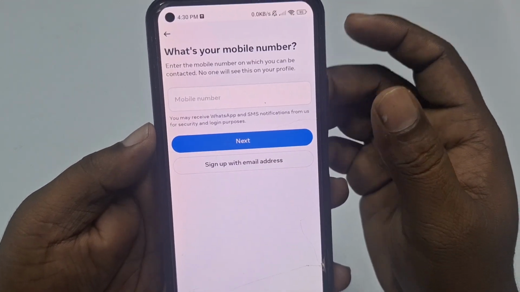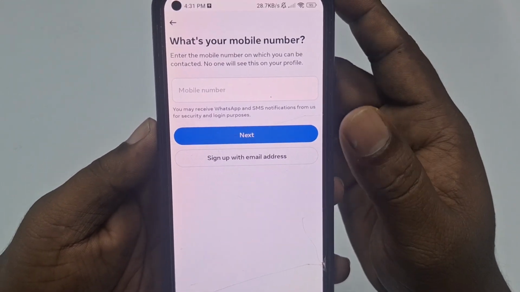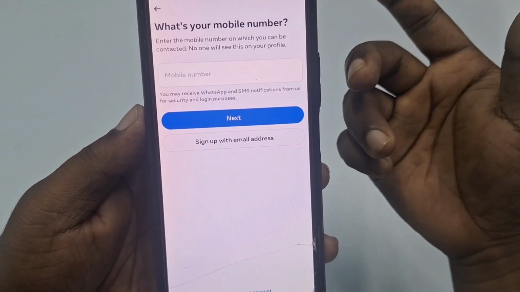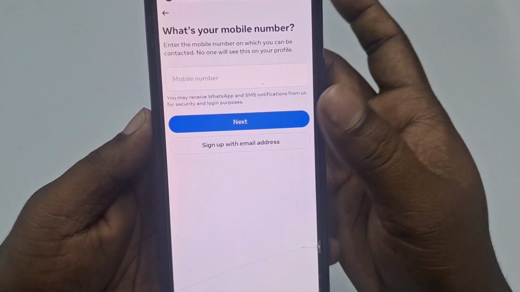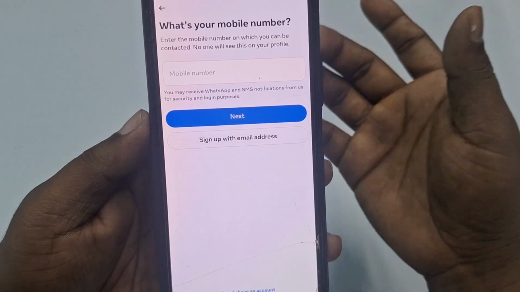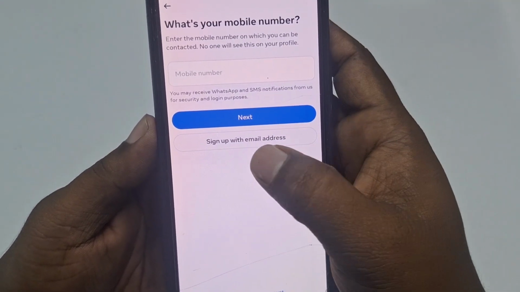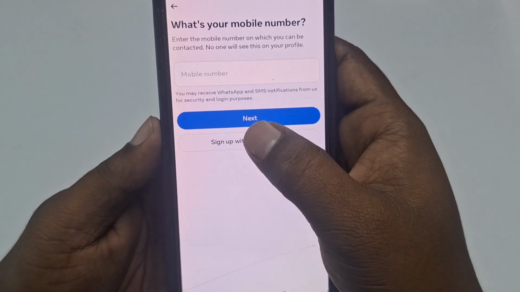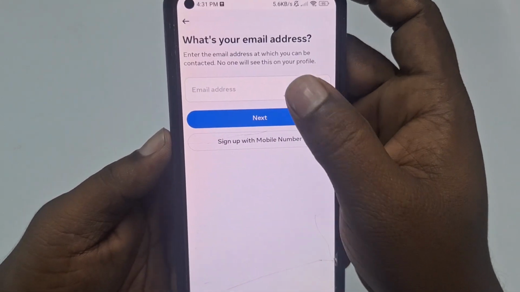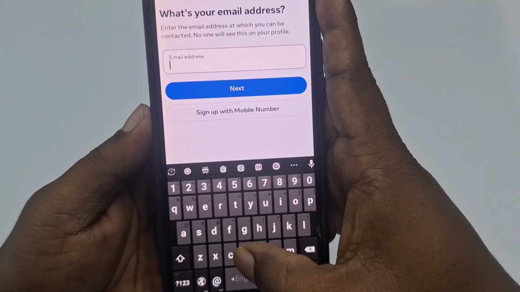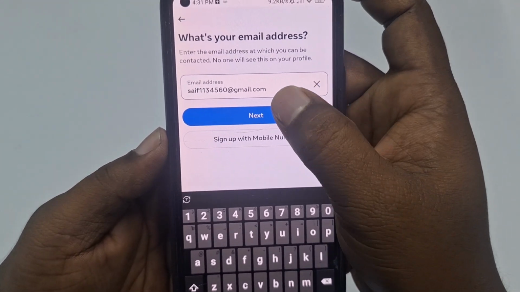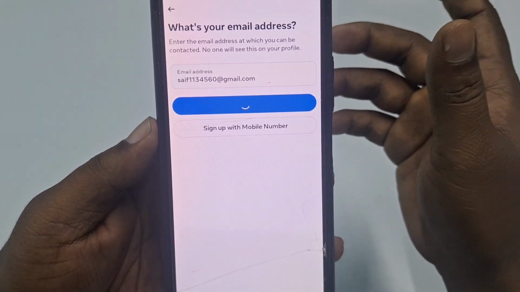After that you can see this kind of interface, so you can give your phone number, okay? If you want to create your account with a phone number, or you can give your Gmail account, okay? I want to give my Gmail account, so I need to click the second one, sign up with email address. So let me click on it, and after that just give a valid email address, okay? So let me give mine. After giving it, just click the next option,